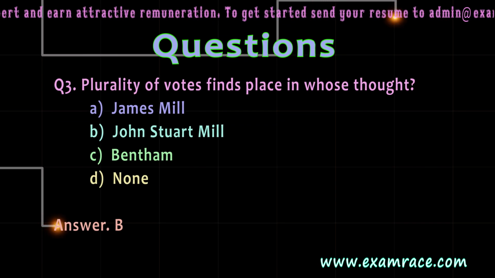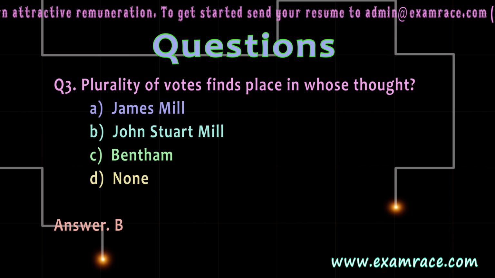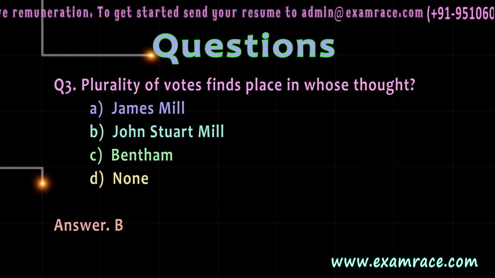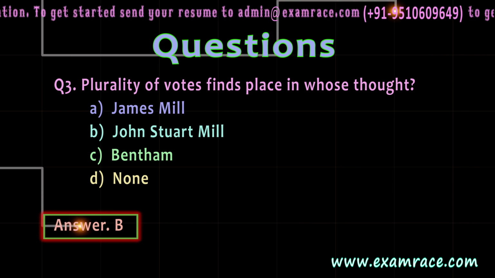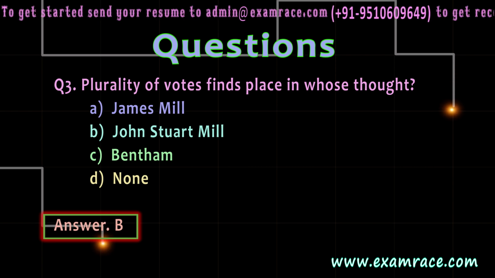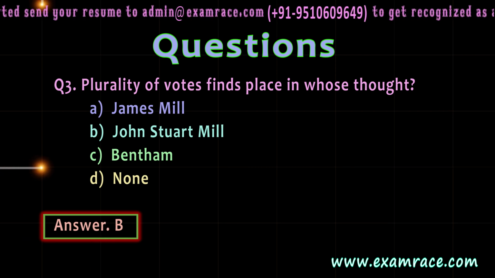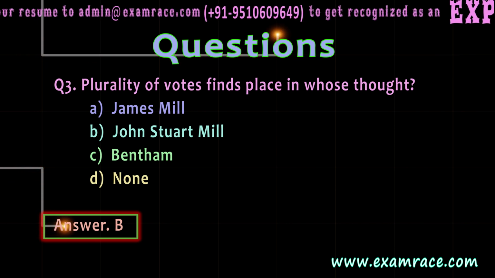Question 3. Plurality of votes finds place in whose thought? A. James Mill, B. John Stuart Mill, C. Bentham, D. None. The correct answer here is John Stuart Mill. Mill pleaded for the idea of plurality of votes for higher educated citizens. He even went to the extent of dividing the community according to classes and functions, stating the extent of plurality of